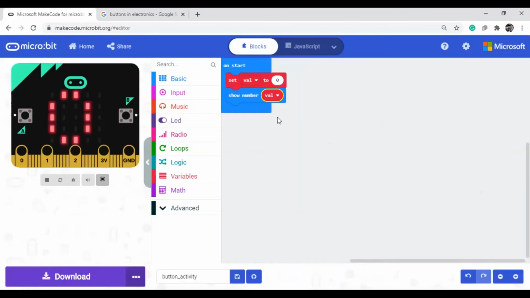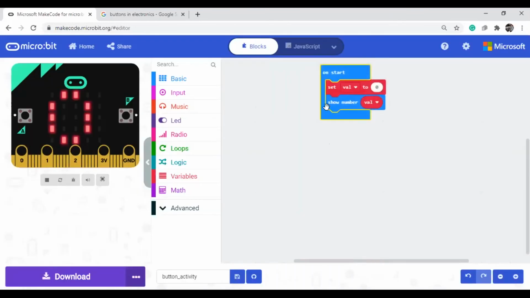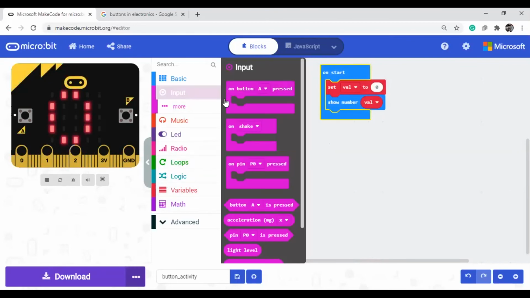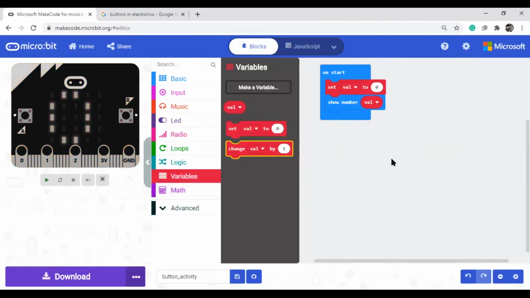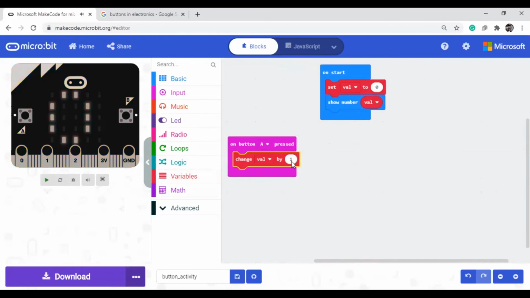Now I'm incrementing. When I press the A button, it should increment. How to increment? You need to change the value. See, change value by 1, a positive one. Good.